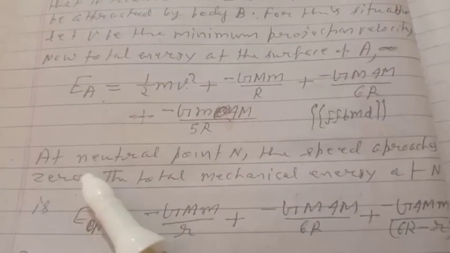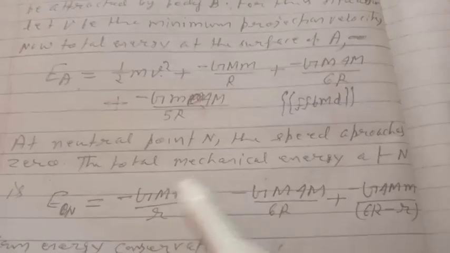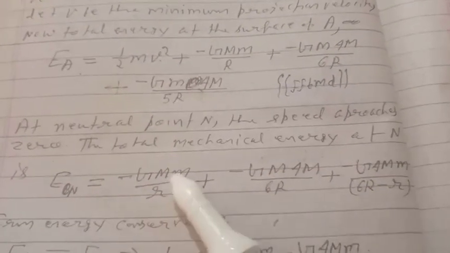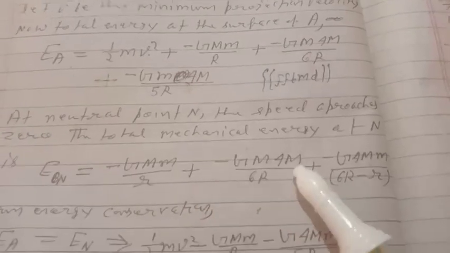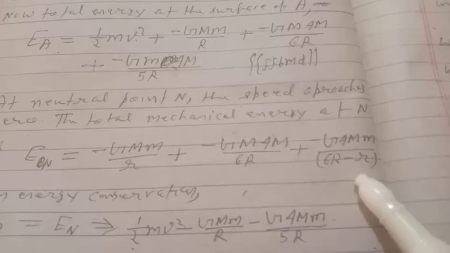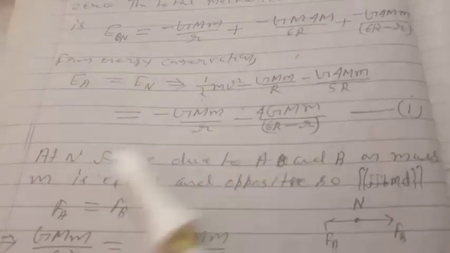At neutral point N, the speed approaches 0. The total mechanical energy at N, E_N, equals minus G m m by r minus G m 4m by 6R minus r, with the other term as well. From energy conservation, E_A equals E_N, and putting this value in,